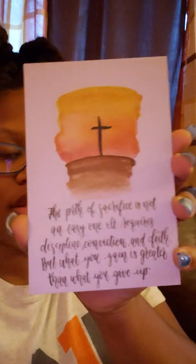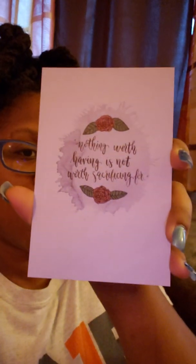All right, it says the path of sacrifice is not an easy one. It requires discipline, conviction, and faith. But what you gain is greater than what you give up. So this is the same thing that's actually on the bracelet, but I read it wrong. So that's cool. And then this one says, nothing worth having is not worth sacrificing for. That's a cute little card, and I like the cursive writing,